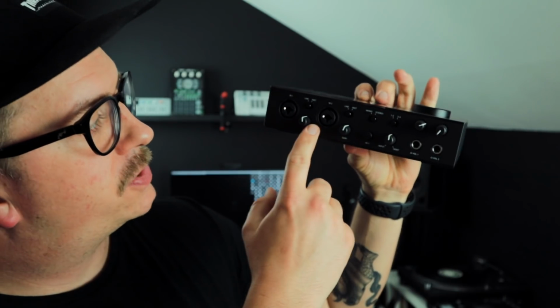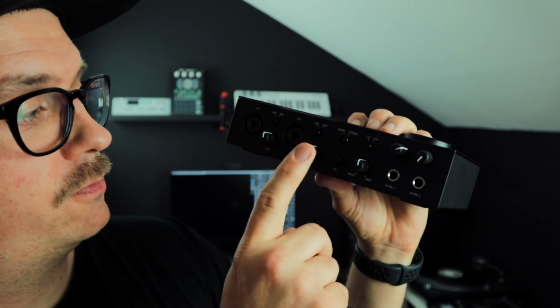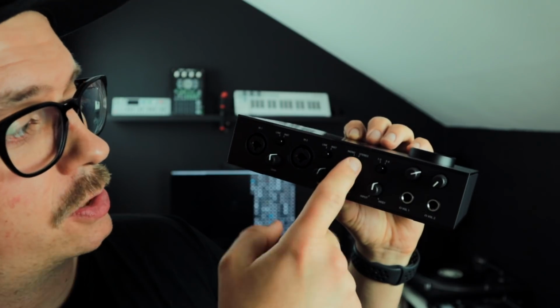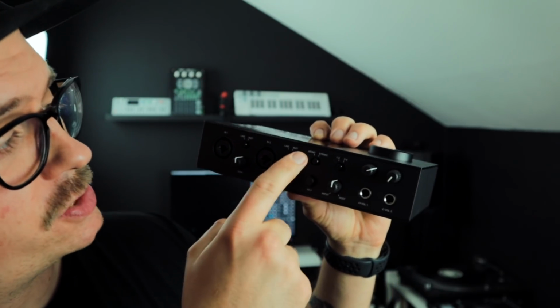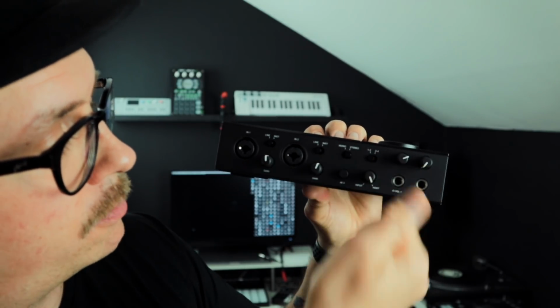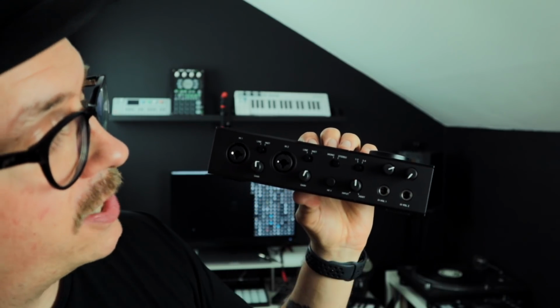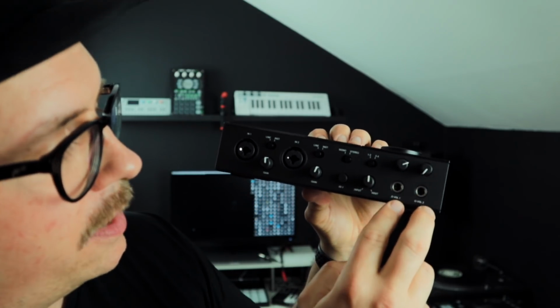So on the two main inputs on the front, you can switch them between line level and instrument level, which is nice. So you have the 48 volt phantom power right here, as well as a switch to go from stereo to mono and vice versa. And here's a knob to adjust the monitoring if you want to hear more of the input or more of the actual host. A switch from 1 to 2 to 3 to 4, as well as two different and individual